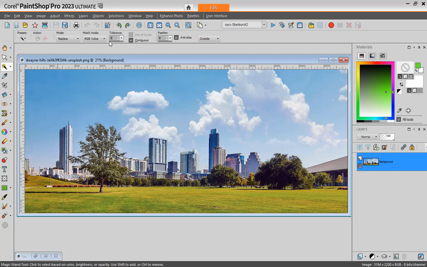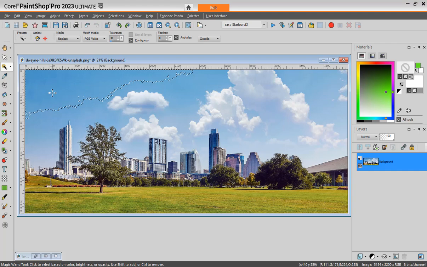If I have 0 tolerance, only the pixels that are exactly the same color will be selected. So that's like 1 pixel here. If I increase the tolerance, it's going to be